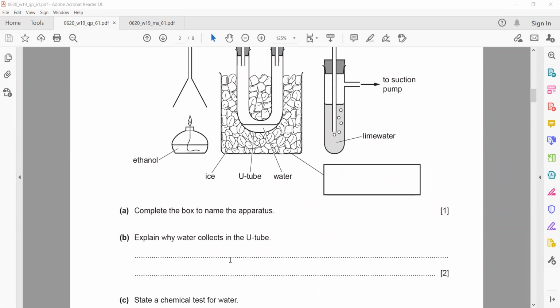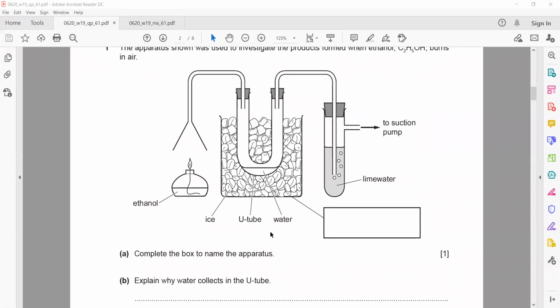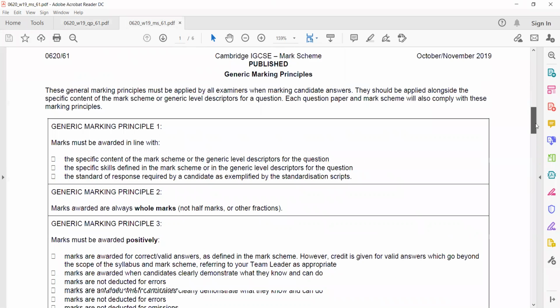Why does water collect in the tube? So what is the reason why we collect water in the tube? We are burning ethanol, the combustion of ethanol, yeah, due to condensation. But this is of 2 marks, so the distribution of the marks,